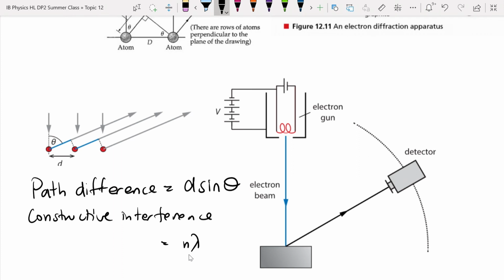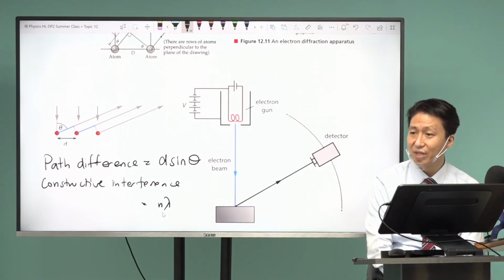The electrons were bouncing off the atoms, but they were not bouncing like you expect in random directions. They bounce like you get waves. Waves that bounce off the atoms look like multiple slit interference patterns. And this proved that matter also behaves like waves. They're also dual. They're not just particles, they're also waves.